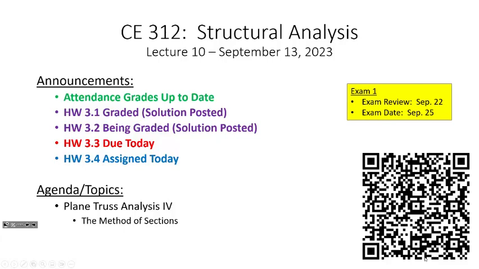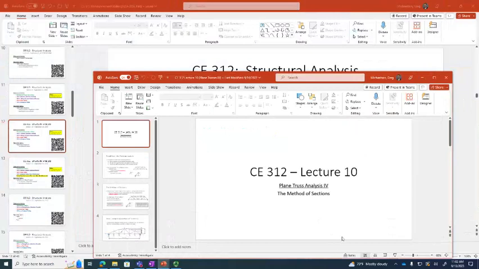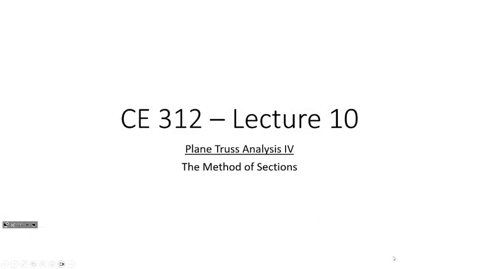All right, okay. So today what we're going to do is we're going to close out our discussion on the analysis of trusses, looking at the method of sections. What was that? Okay, so